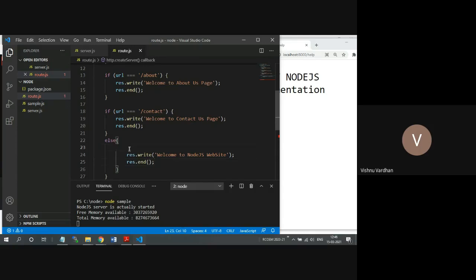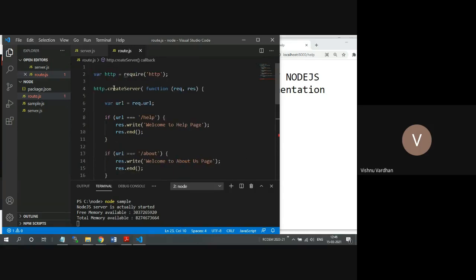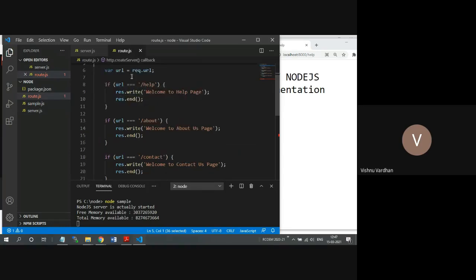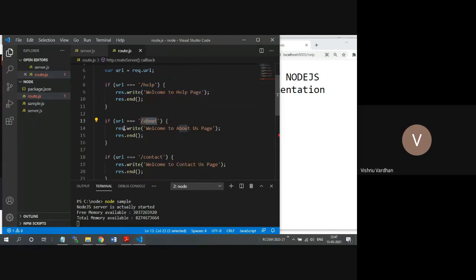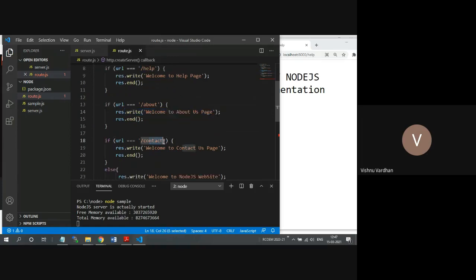So we have created our server instance and our different routes, and whenever there is any incoming request, it is going to match up with that information. If it is a help request, it gets executed accordingly. If it is an about request, this particular message is going to be printed, and if it is contact, then this is going to be printed.